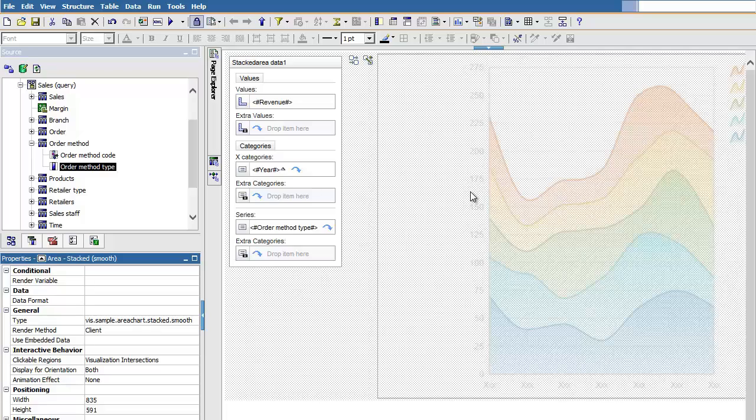emailing. So Rave is really exciting because the Rave engine itself is roughly 2 megabytes. So adding that to a report is going to increase the active report size by 2 megabytes. But for every other chart I want to add that is a Rave chart, I'm not going to increase the size of that report significantly other than the cost of actually storing the raw data in the compressed active report output. So moving to Rave is not only going to improve the user experience, but it's also going to reduce